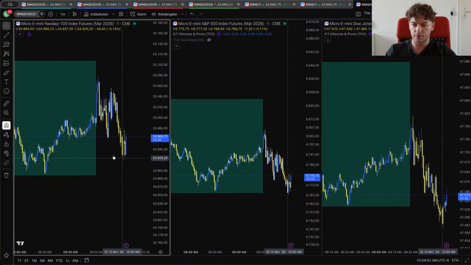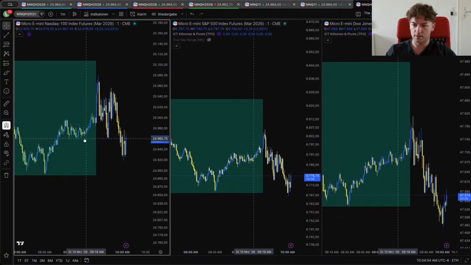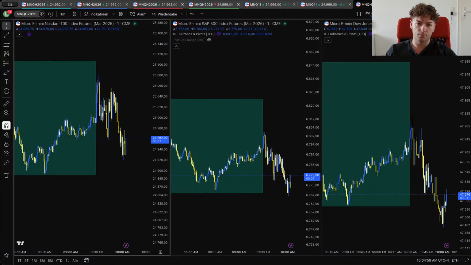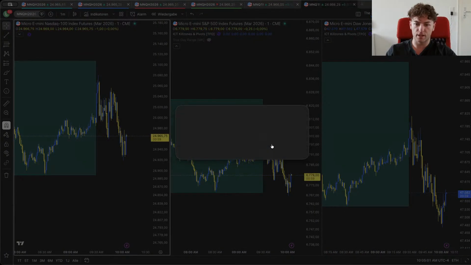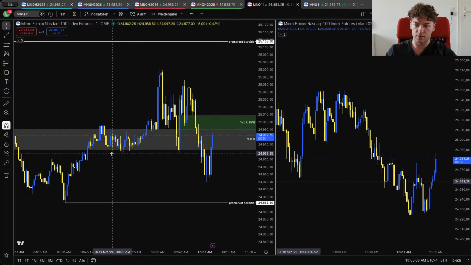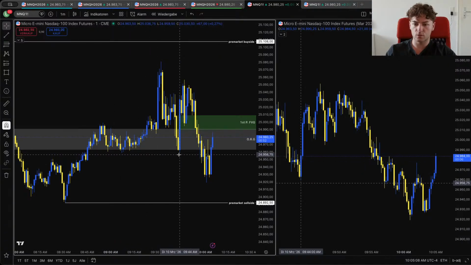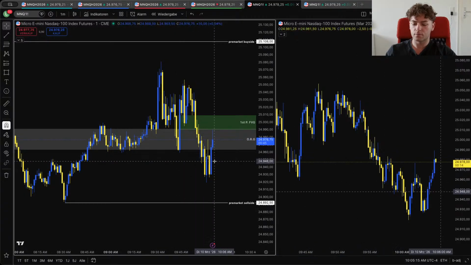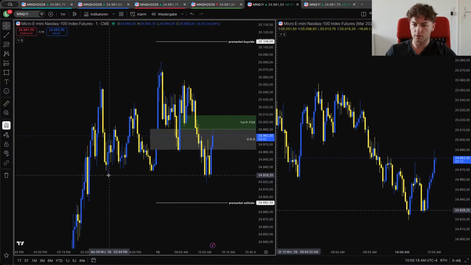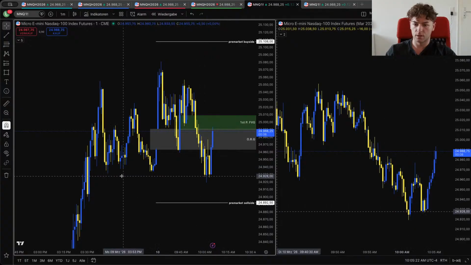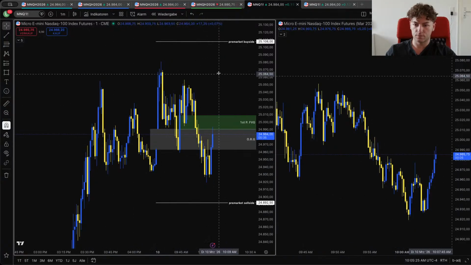So if NQ actually doesn't take out a pre-market low, which it, so NQ actually doesn't need to take out this low. Why? Because we already have taken out these sell side liquidity pools. This also, this one right here, and regular trading hours sell side liquidity. Okay, this is really important. So as you can see, taken out this low. So